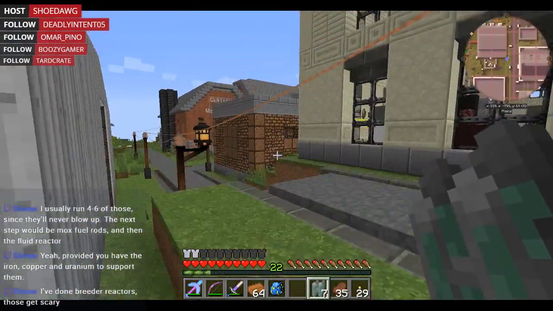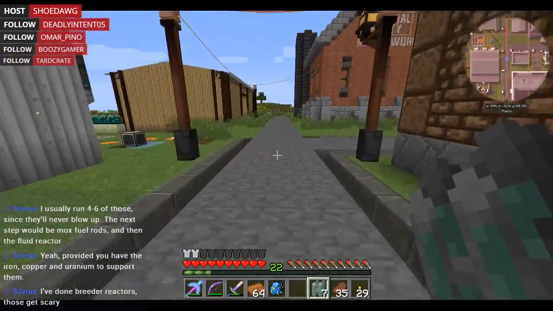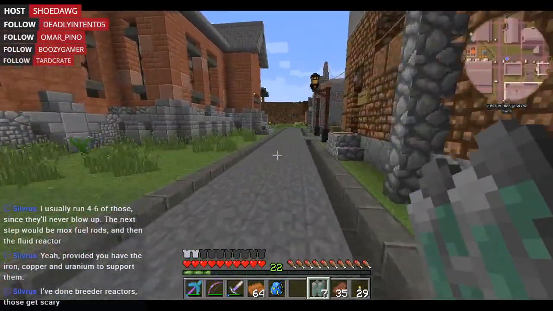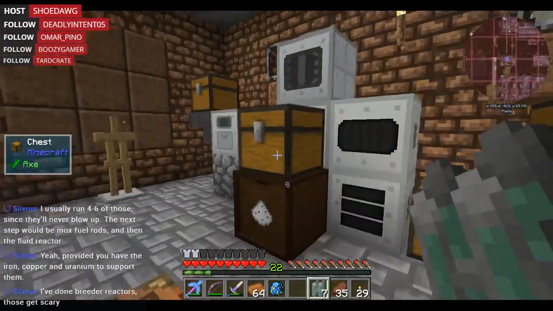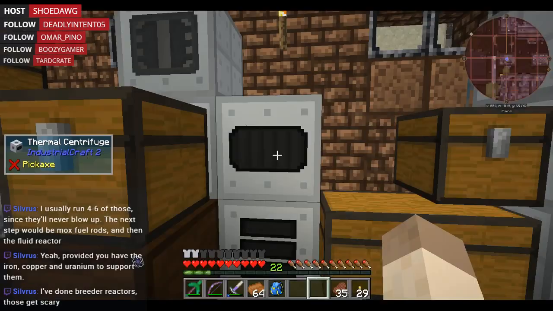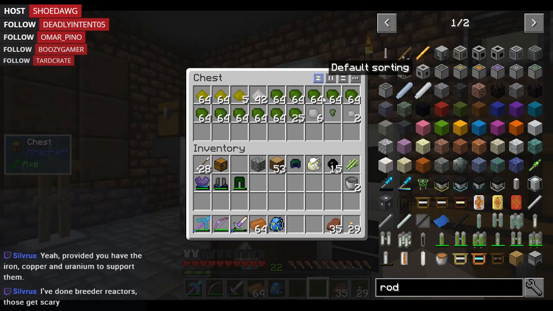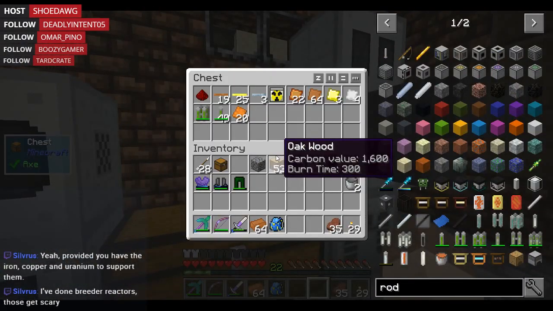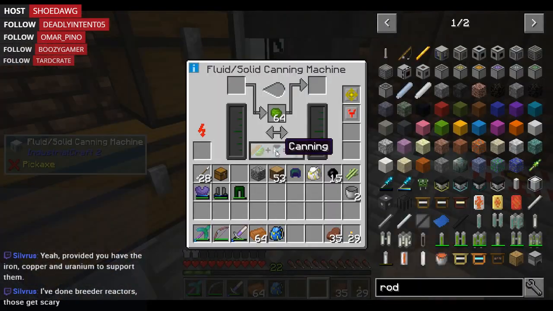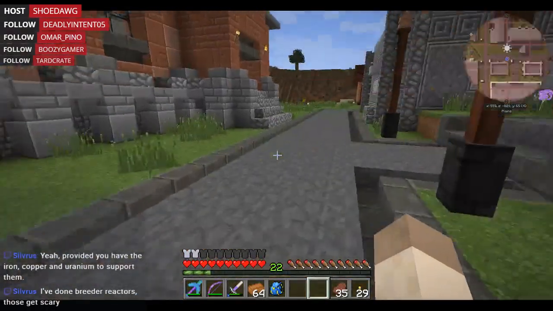And we'll go put these in to get the plutonium out of them. He's never messed with reactors either, though, so there we'll get the plutonium out of those. And we need 40 fuel rods, huh? Good deal. Okay, so